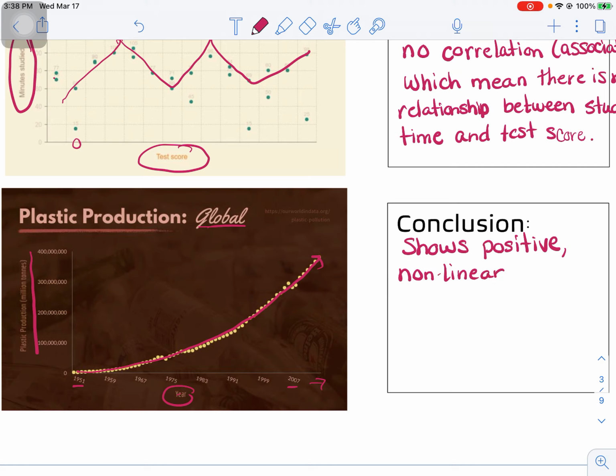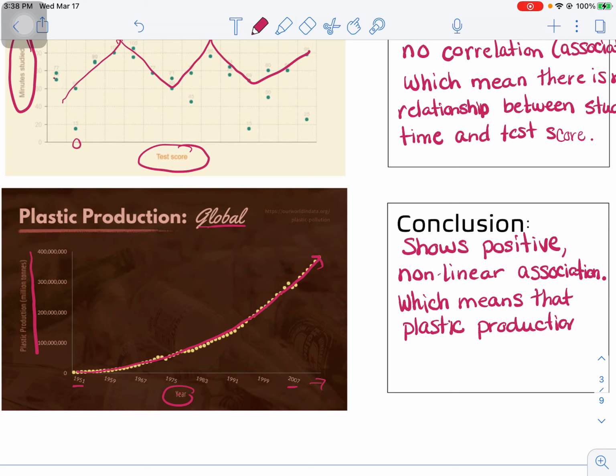So this is positive non-linear association or correlation, and which means that plastic production is increasing at a non-constant